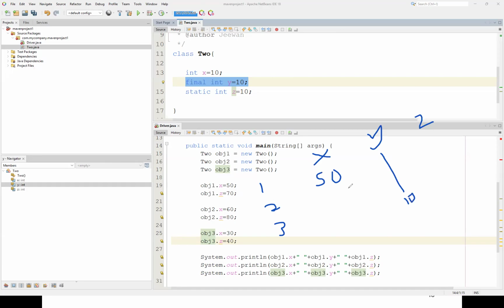Object1.x would be 50. Right, now object1.y would be 10 in all cases. Object1.z would be 70. Is it? Object1.z would be 70. Object1.x 50. Object1.y 10. Object1.z 70. Right. Now, when I say object2.x,